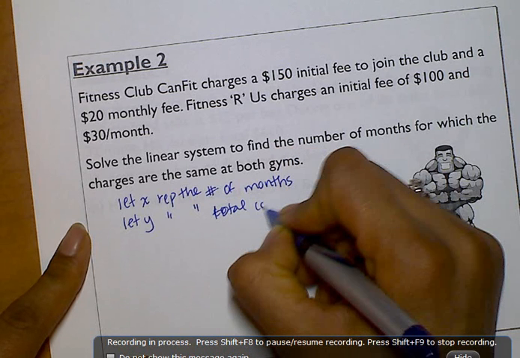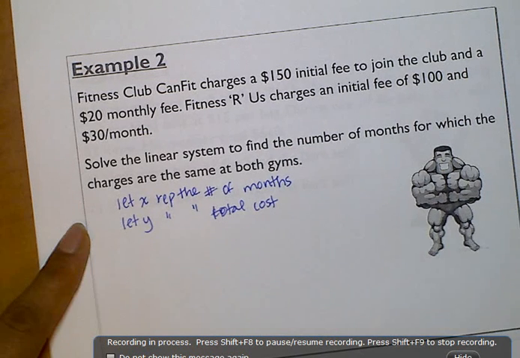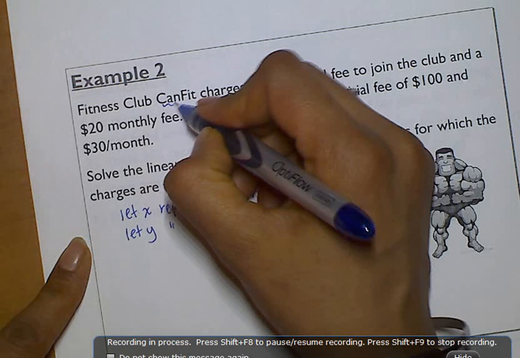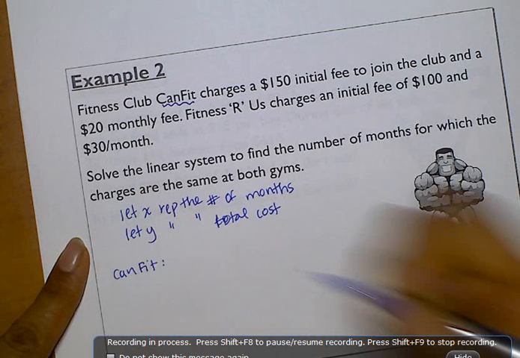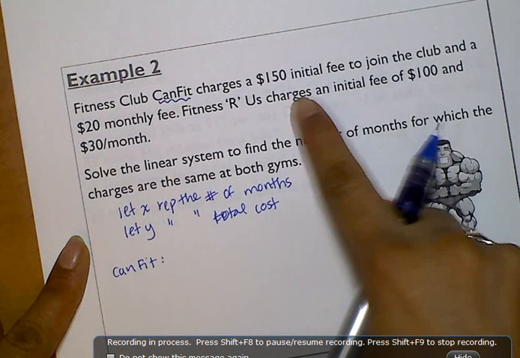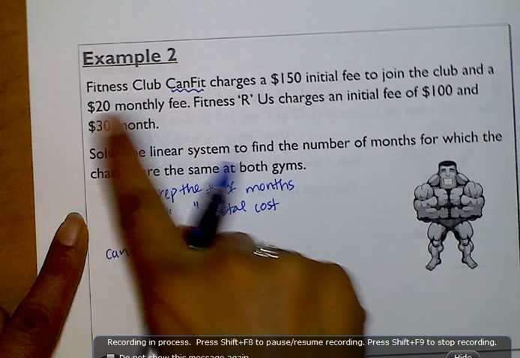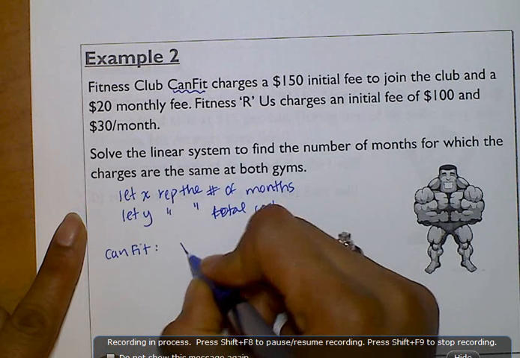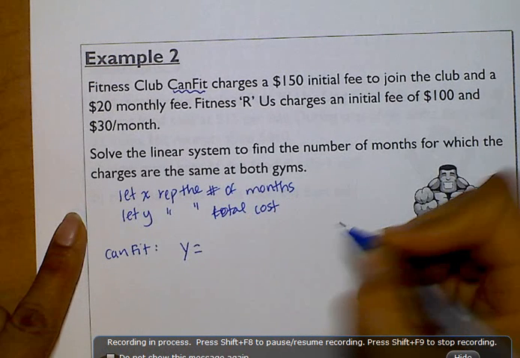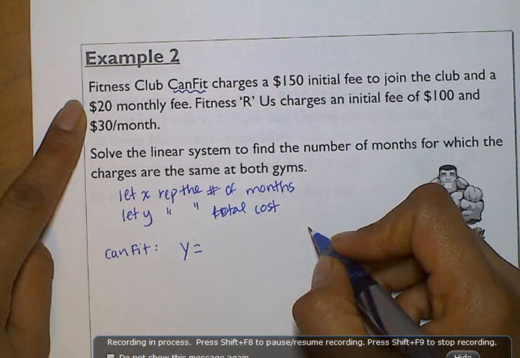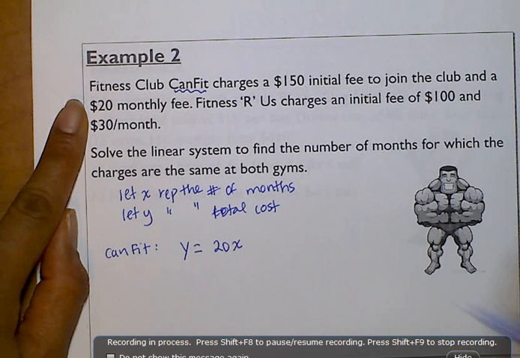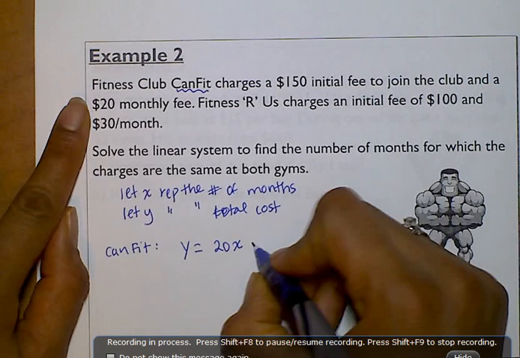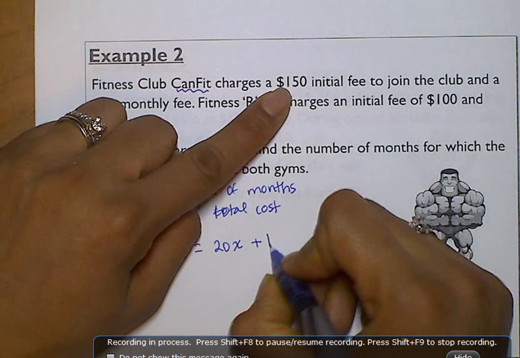And my second one is Fitness RS. My total cost here is, again, $30 per month, so it's 30x, plus $100 for my initiation fee. That's my second equation. And then you can label your equations and go ahead and solve this by either using substitution or elimination. Since they have not specified which method to use,